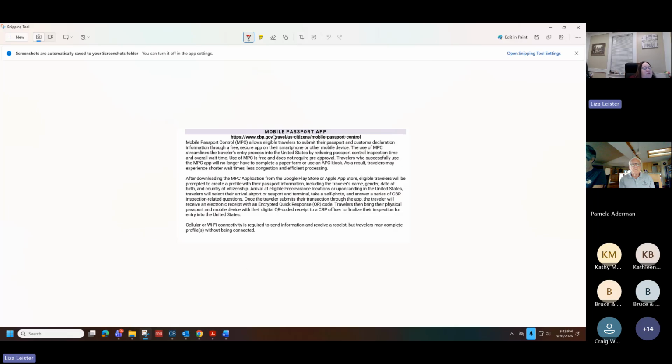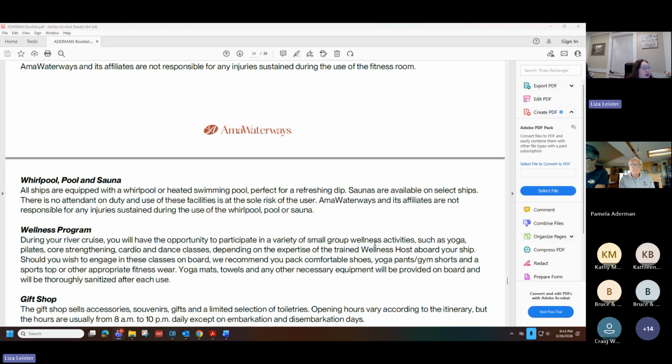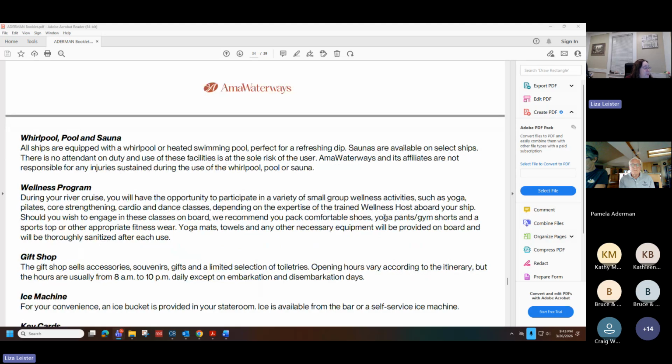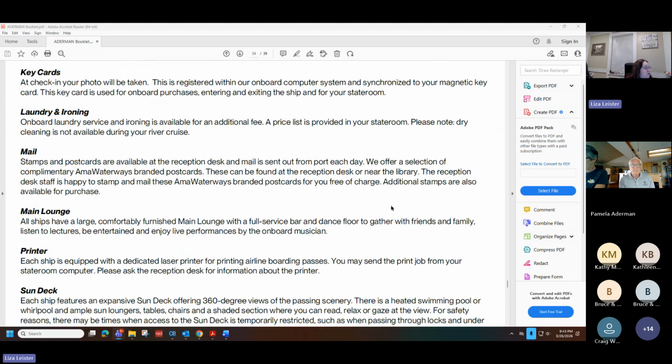I will have Sherry email that out to the group just in case anybody wants to take part, because I always recommend it to our travelers that are traveling internationally and coming back in and do not have Global Entry. So it's a good free program.